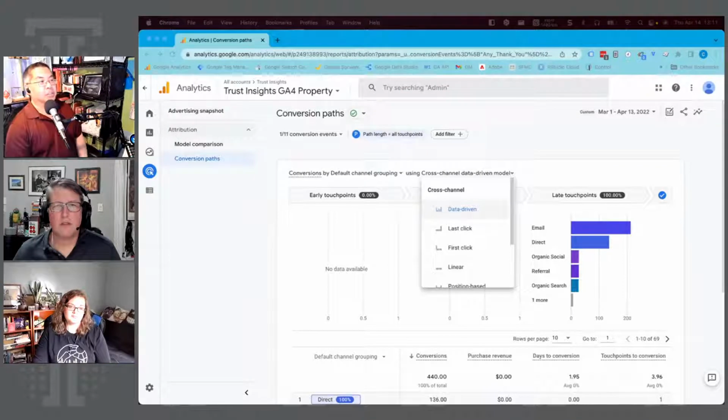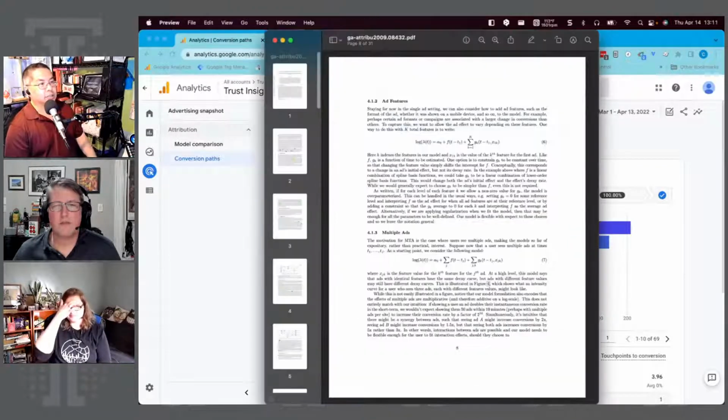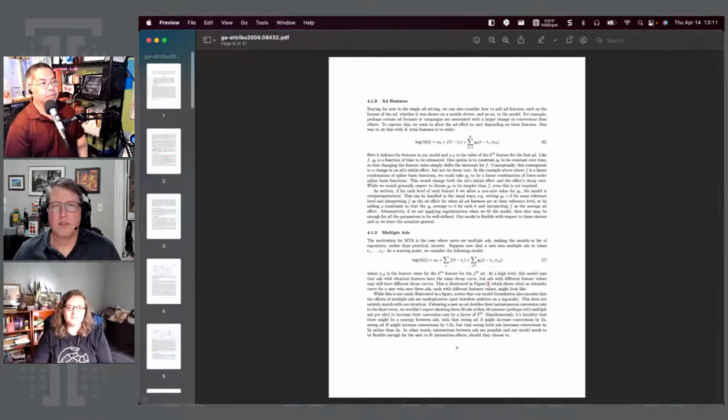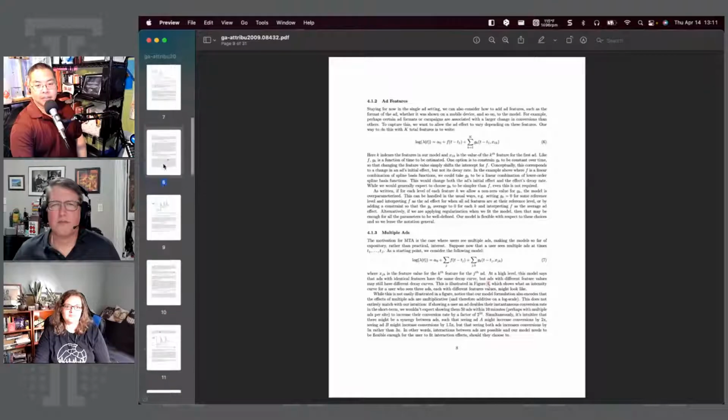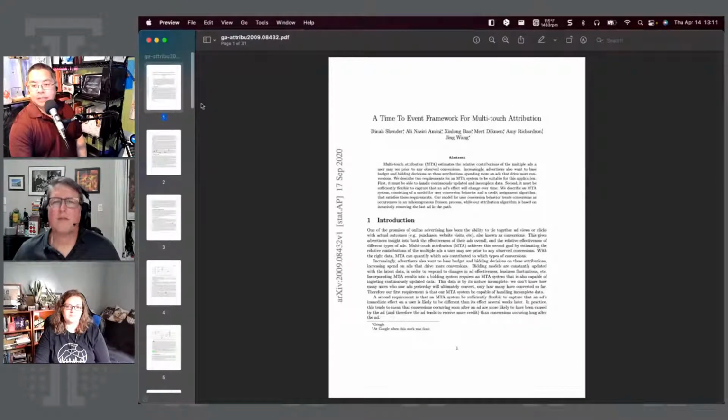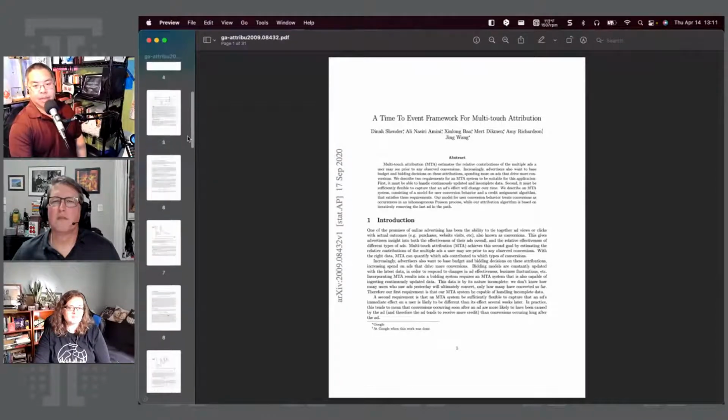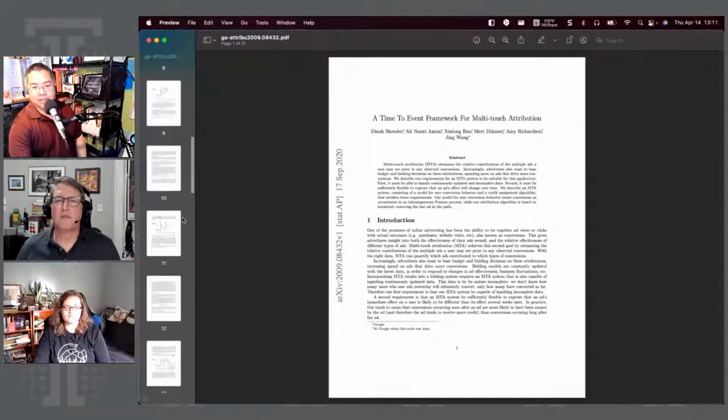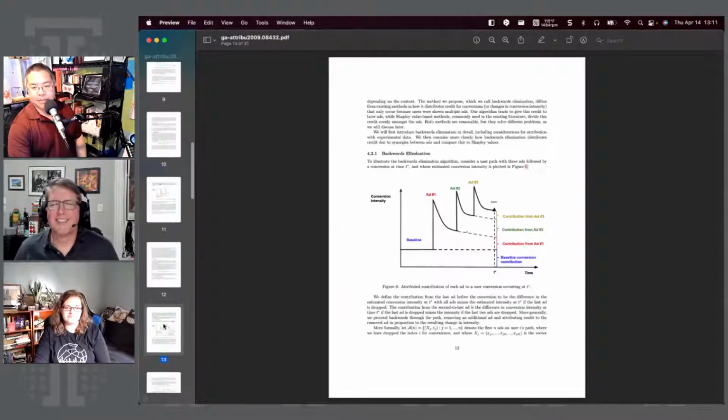No, although you would think so. What they're doing is math, a lot of math. The model that Google Analytics 4 uses is something called time to event data-driven attribution. And without digging into the mathematics, because nobody wants to watch that for an hour,